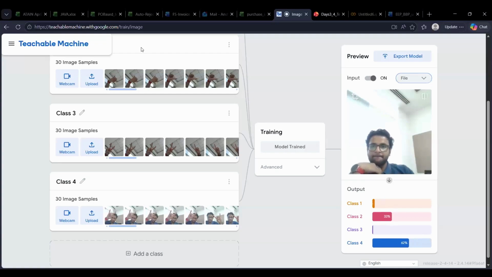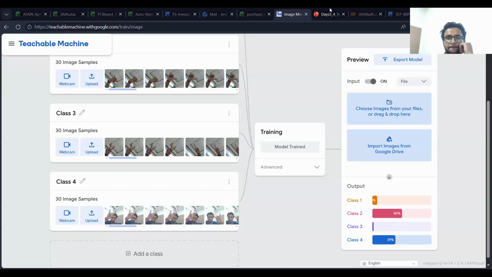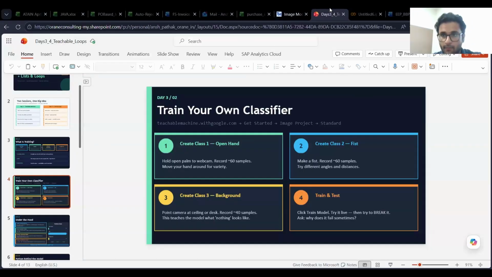Okay, so let's move forward. I'll suggest everyone, after the session, go ahead and try this particular website. Try to train it on as many images and as many classes as you want.